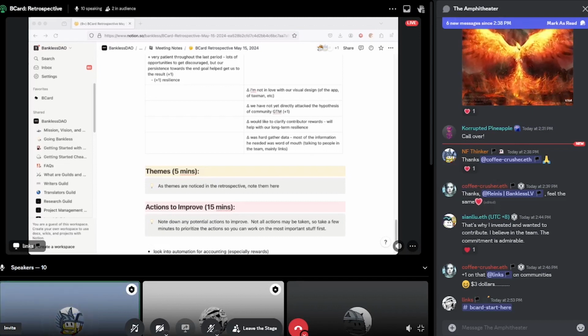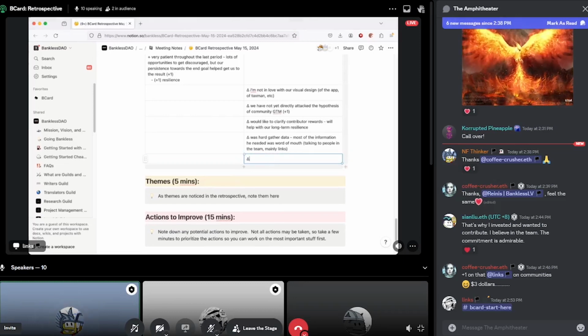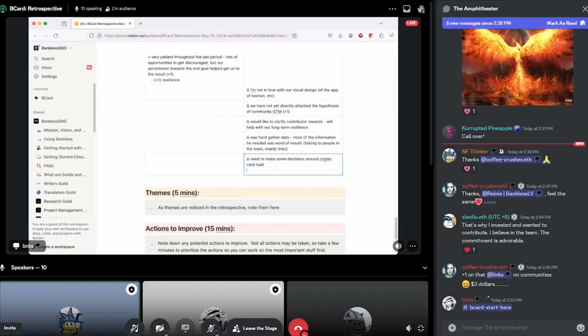I think we need to make some decisions, and I know it's hard to make these decisions, around the card load, the crypto card load. I know this is going to be something that people are expecting. They already do expect it. And I know we can't quite do anything with it due to our agreement with our card issuer and the bank. They don't want us to mention crypto. They don't want us to connect to crypto in any way, shape, or form. But that's something that I'm trying to actively work on, these on-off ramp solutions for our customers.